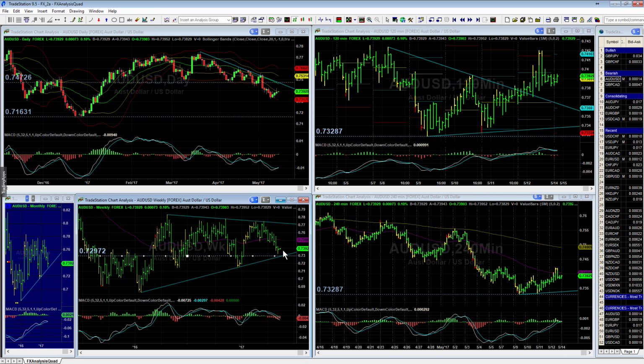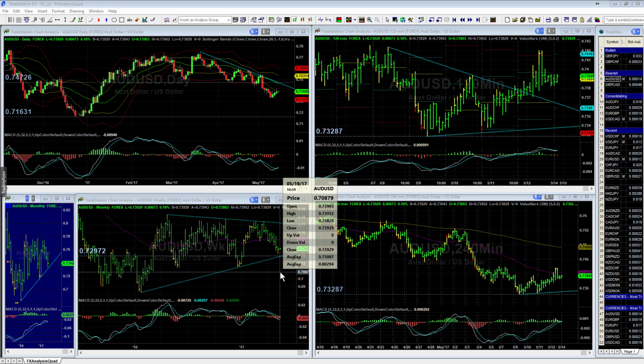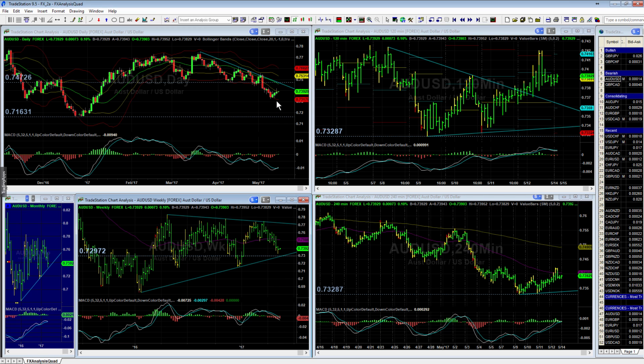It's eyeballed, so we'll see if we can get a better look at that in a little as the week goes by here. But we can see we have lower lows and lower highs, therefore we're trending lower, and we're bearish on our daily and we're bearish on the weekly. We just want to keep an eye on that support and see if we can break through there as we